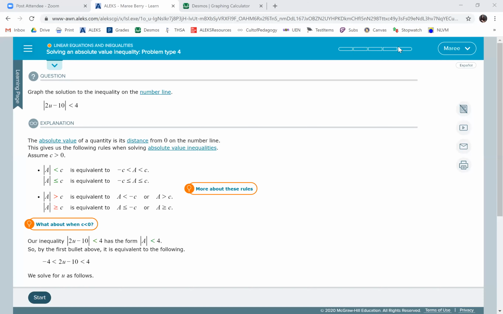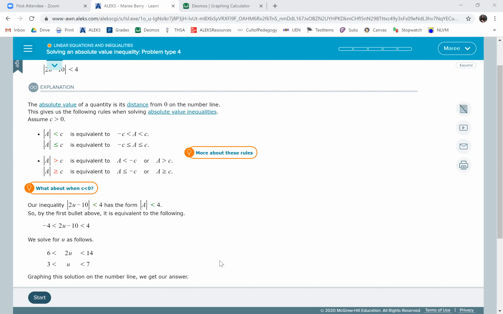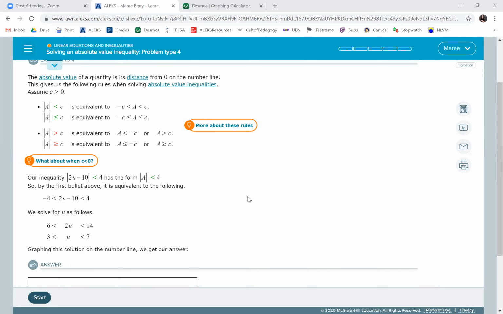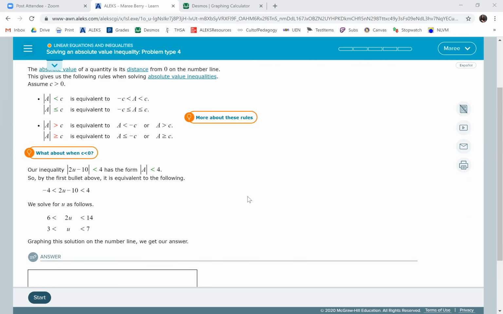So we have to remember that if you see less than or equal to, what's inside the absolute value will be between the negative and positive of that number. And then if it's greater than or equal to, it's going to be below the negative and above the positive. If that number is below 0 or less than 0, it's never going to be true because absolute value cannot be